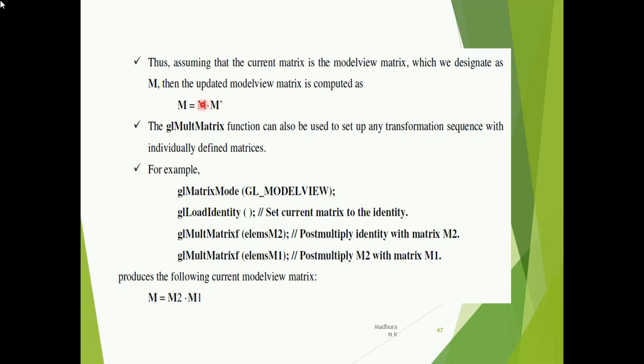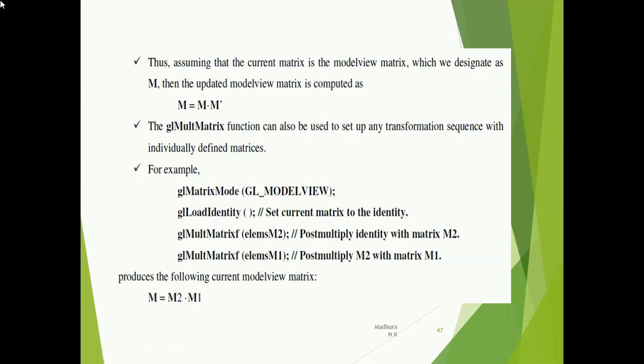So what exactly you may be doing is multiplying it with the next few values, the 16 values you saw earlier on the slide. The same values you can enter there as a matrix. In this case, M dash represents the matrix whose elements are specified by your other 16 elements in the code.